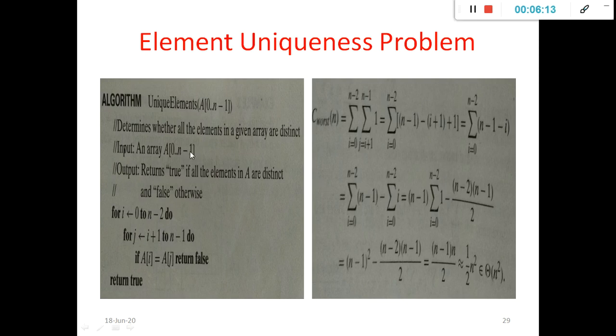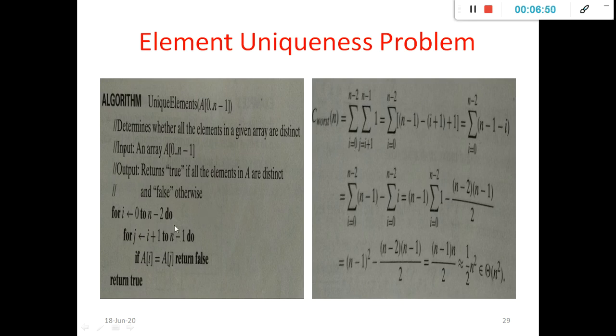Then according to this, you have to design the summation rules. You have to apply the summation rules and formulas as per your code or the instructions included in this algorithm. Here we can realize that for every value of j, the basic operation will be executed once. That's why the comparison is executed once, so we can put the value 1 and make a summation formula from j equal to i plus 1, the lowest value, to the upper bound n minus 1.